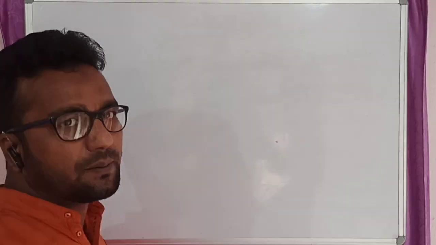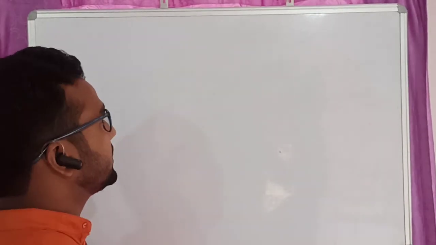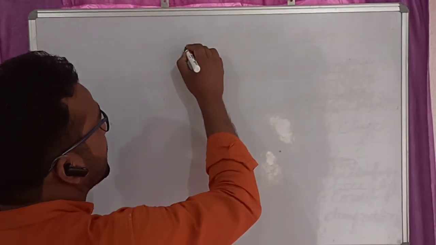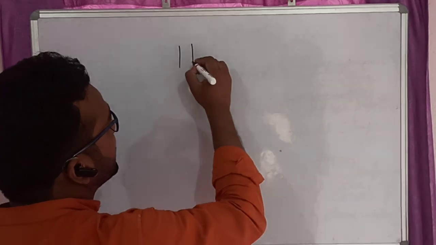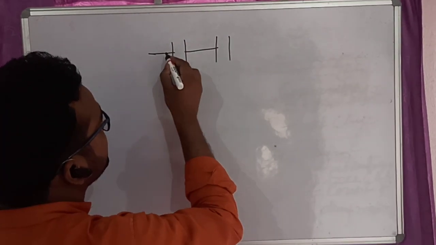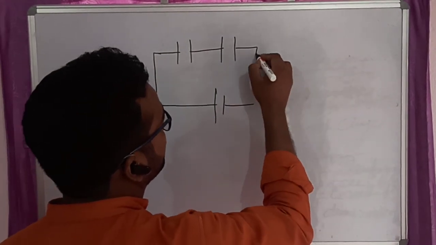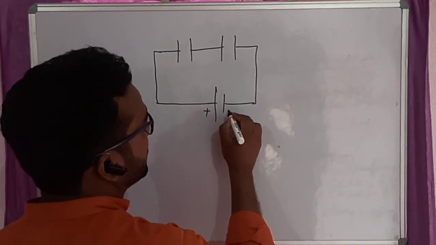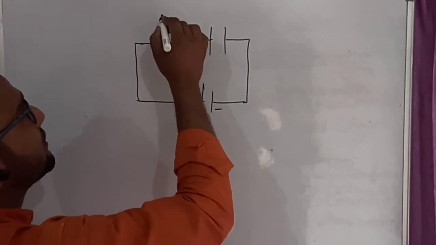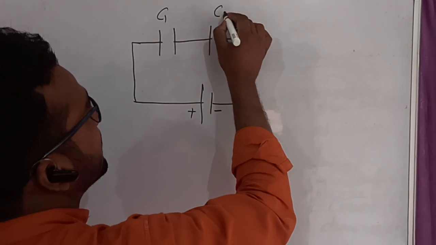देखते हैं कि हमारा सीरीज कॉम्बिनेशन क्या होता है। What is series combination? Suppose that if we have two capacitors like this and connected to a source of potential. Now it is positive and it is negative, and this one is the capacitance of the first capacitor and this one is